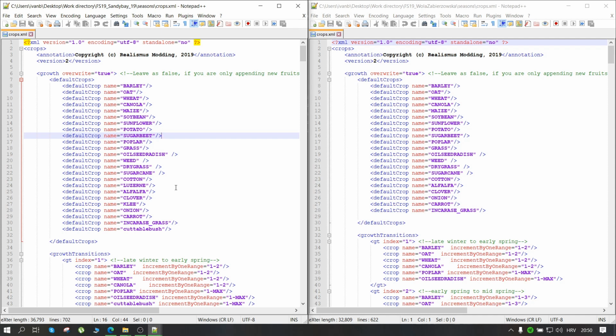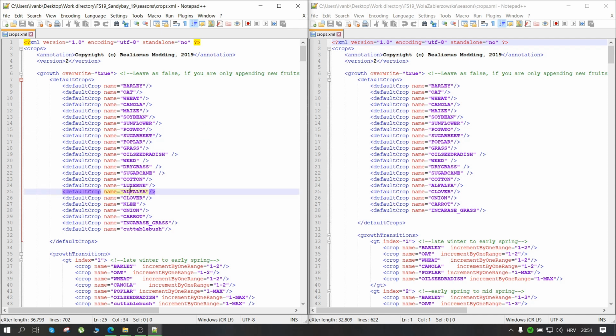And Oxygen David probably skipped it because rye, as far as I know, behaves exactly the same way like barley or wheat or whatever in the real world. So there was no need to add it to the crops XML file, since seasons will probably do it on its own. But still, if you are not transferring rye like me,